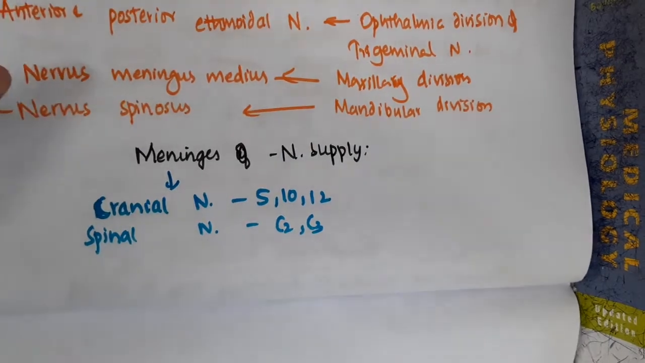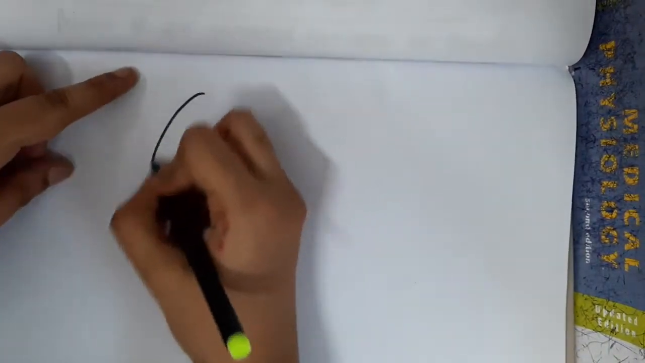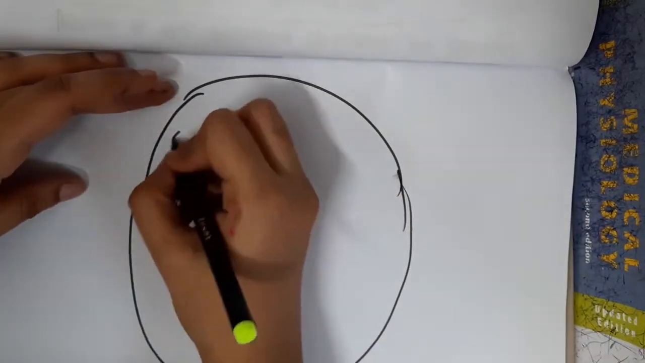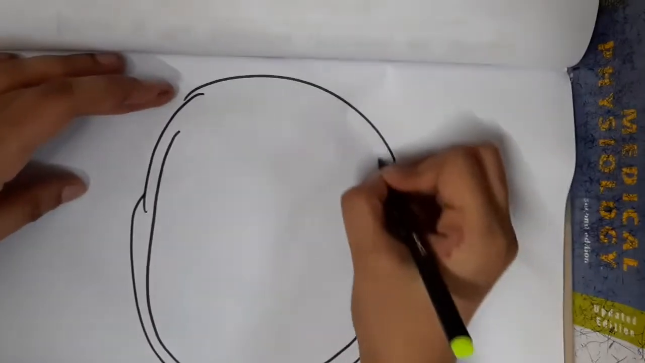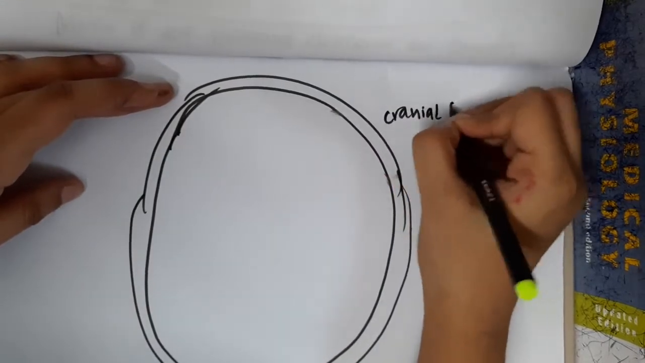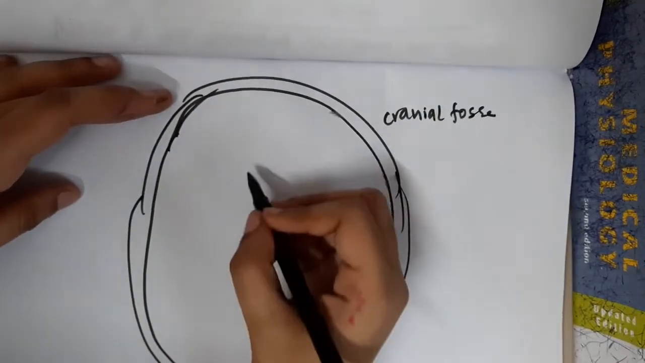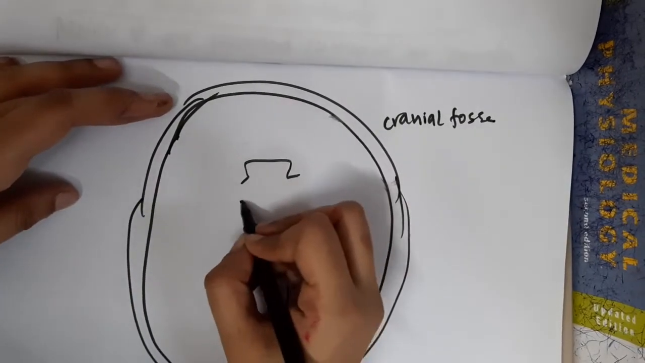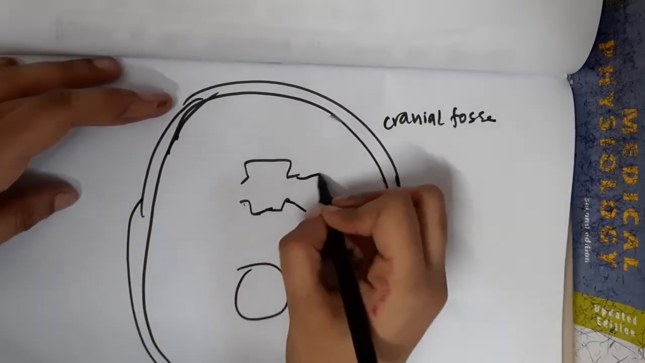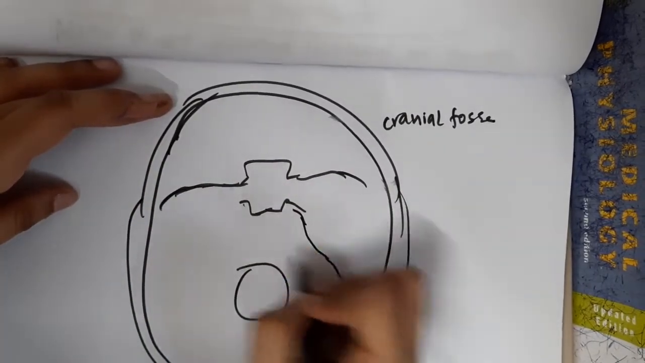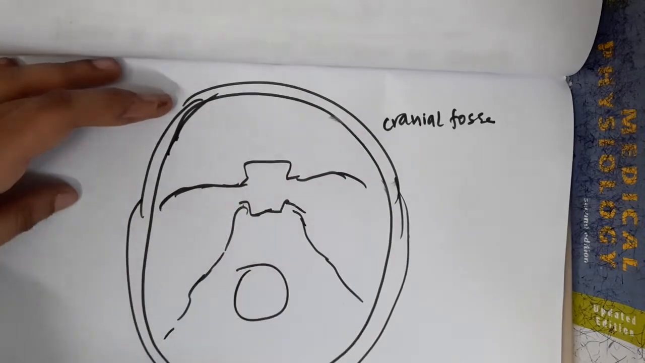So I will draw a picture. So this is the cranial fossa. This is the foramen magnum. This is the sella turcica. This is the greater wing of sphenoid, and here we have the petrous temporal bone. Now,